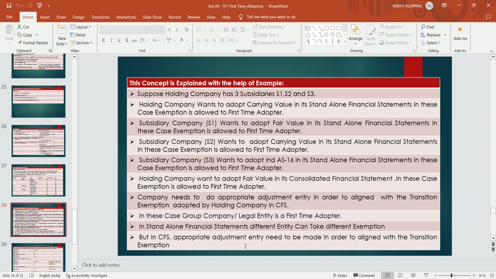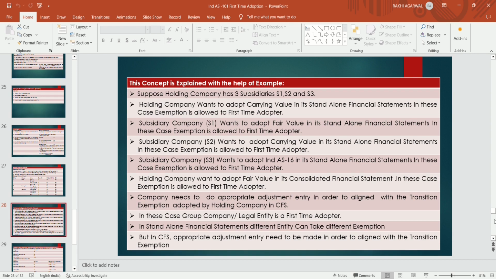Subsidiary S1 will adopt the fair value exemption in its standalone financials. They are free to apply it because this exemption is available to the first time adopter, and if they are preparing their financials as per Ind AS for the first time, they are allowed to do so. Subsidiary 2 wants to apply a carrying value approach; they are free to do so in its standalone financials because they are adopting for the first time. Subsidiary 3 also can apply Ind AS 16 in its standalone, and they are free to apply because they are the first time adopter. But in the consolidated financial statement,